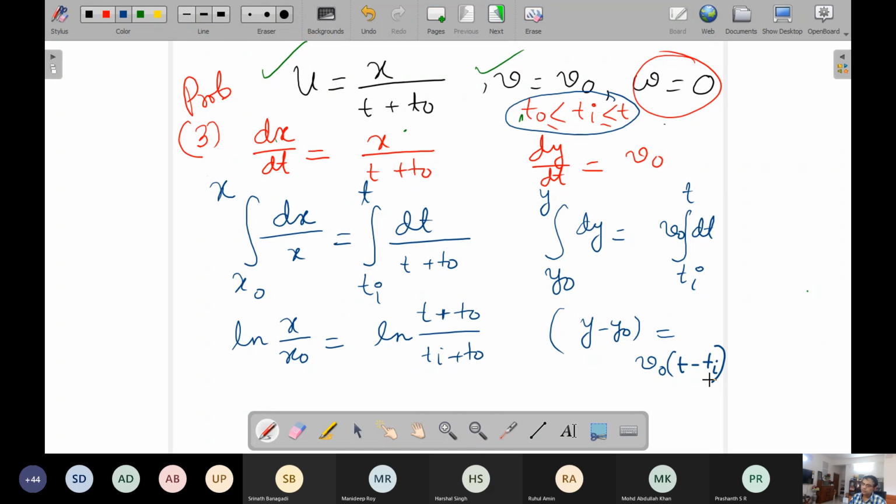So what will be your answer? I mean, how do you arrive at an answer, the equation of the straight line? The only parametric variable which you do not know is Ti. So this Ti you can eliminate by substituting the expression for Ti here. And then you will get y as a function of x at time equal to t. And that is your streak line.